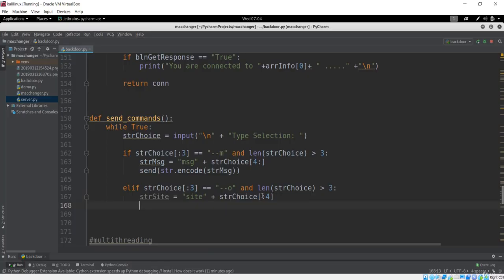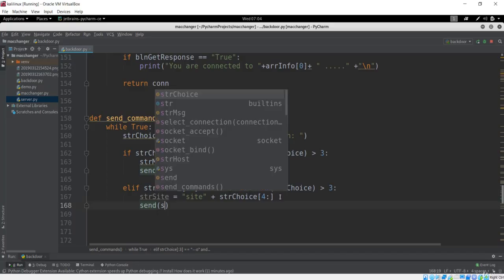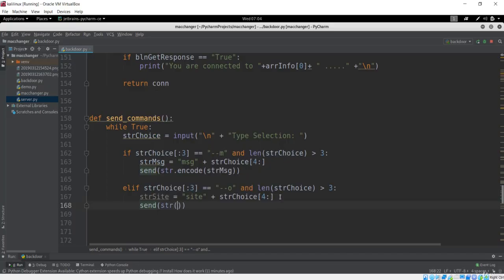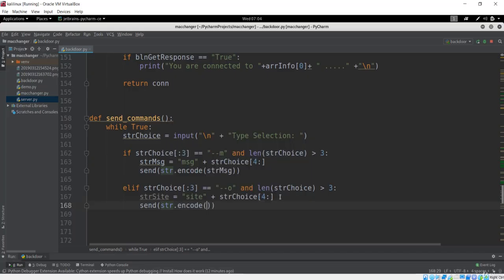So it should be started with the 4, not ended with the 4. Next is obviously to send this message. Let me typecast it first, and I'll say string dot encode, because you have to encode it before sending to the client. And we want to send this string site, okay, it should be site. Now we have done everything.